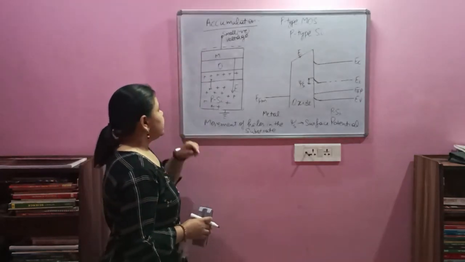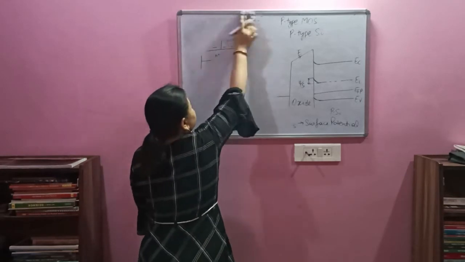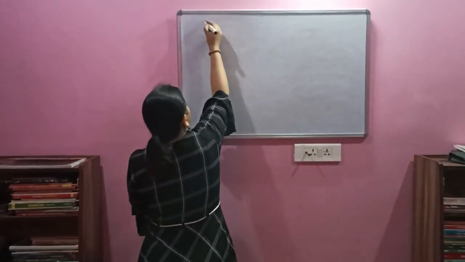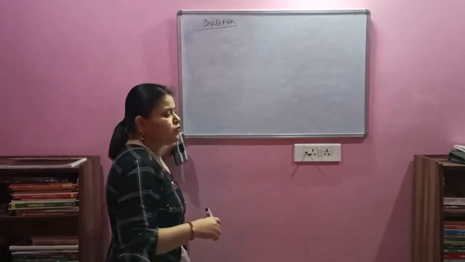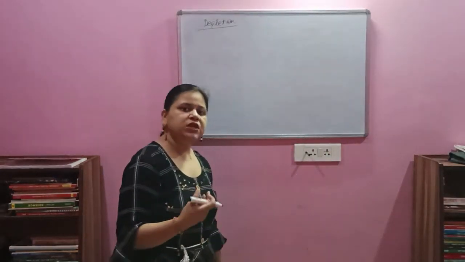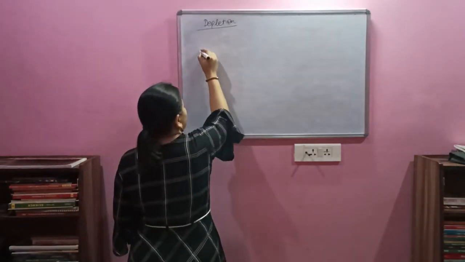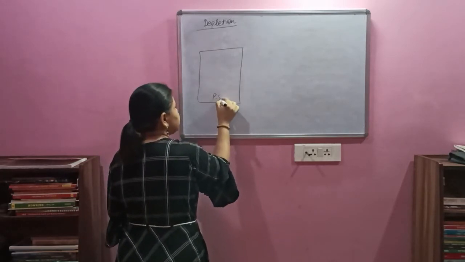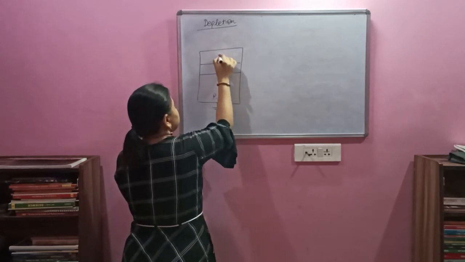Now, followed by accumulation, we have the depletion process. As the name suggests, depletion means depleted of charge carriers. So here also in depletion, we are going to follow a similar process. We will see how the depletion of the charge carriers will take place and where that depletion will occur. Again, I am explaining it with the MOS structure. This is my P-type silicon. This is ground. In between we have an oxide layer, then the metal layer.